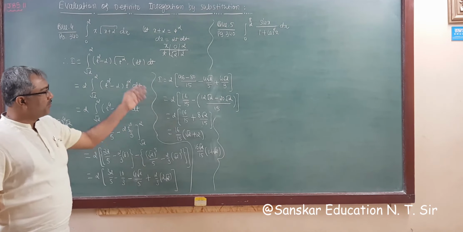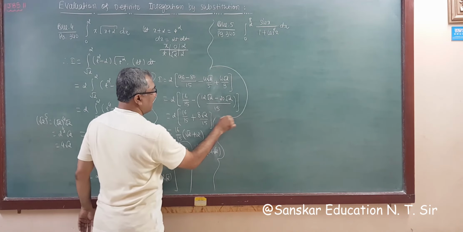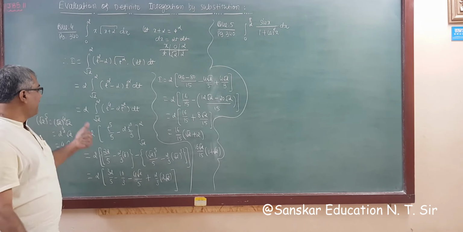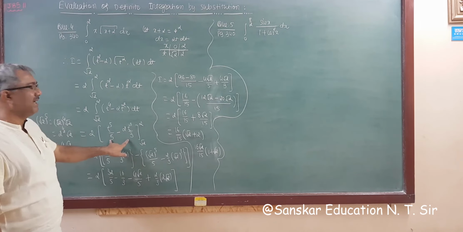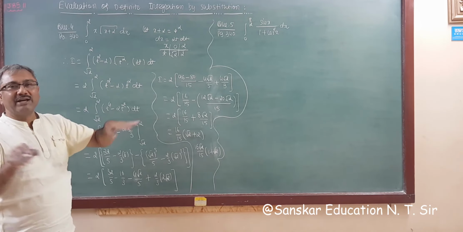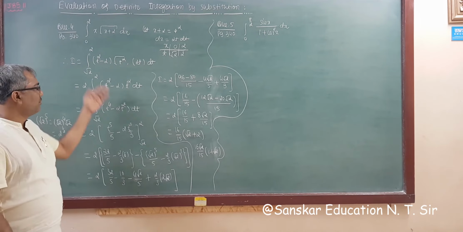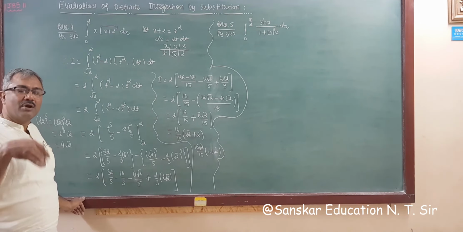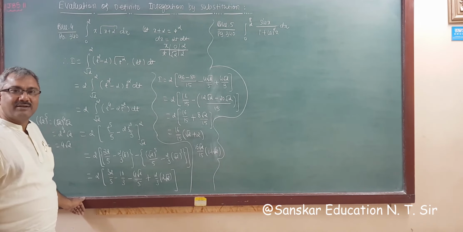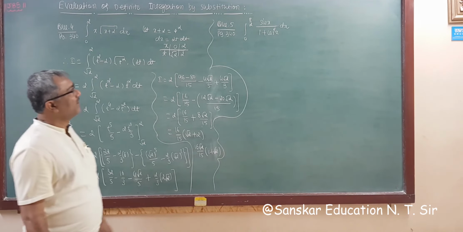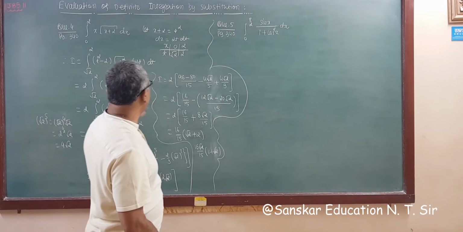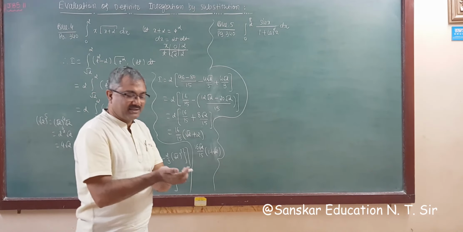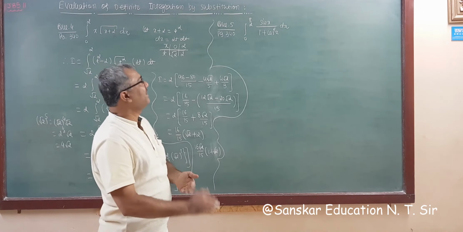See, you can observe what happened: a definite integration became this long, whereas if it were indefinite, we would integrate, get the answer, and replace t. So this is the difference between definite integration and indefinite integration. You have to use all the formulas of indefinite integration. Only one concept is your fundamental theorem: upper limit minus lower limit you have to substitute. That is your fundamental principle of definite integration.